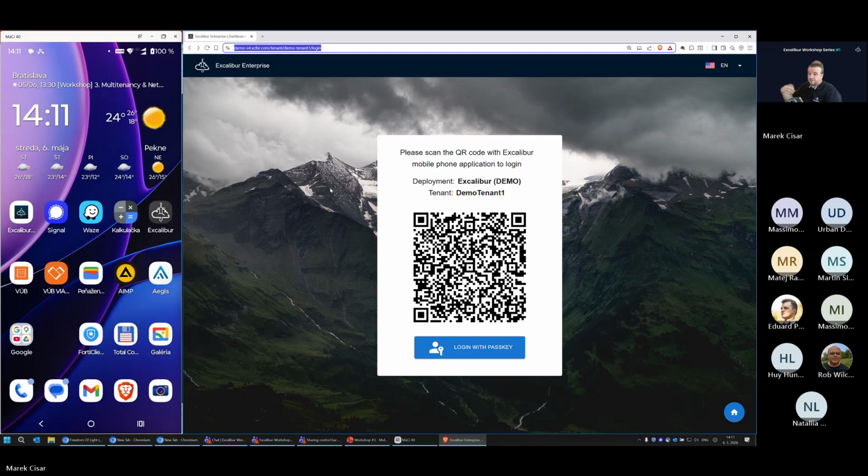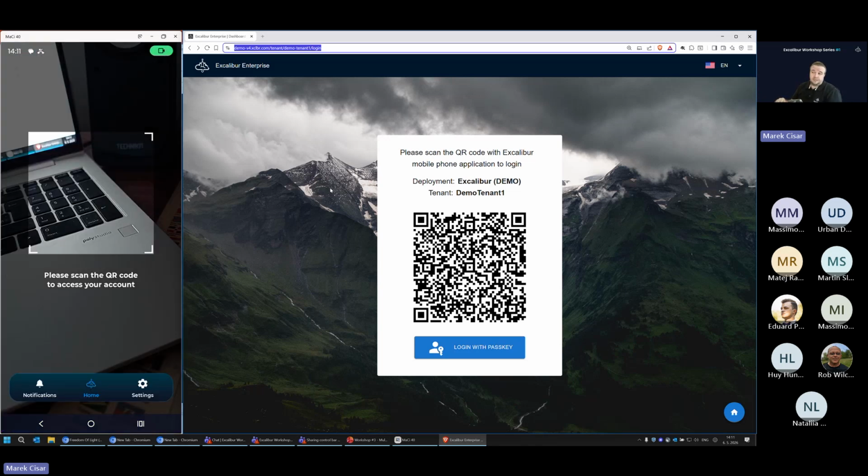So the user can create a bookmark and can log in directly to his dedicated tenant user interface, because the mobile application is multi-tenant as well.